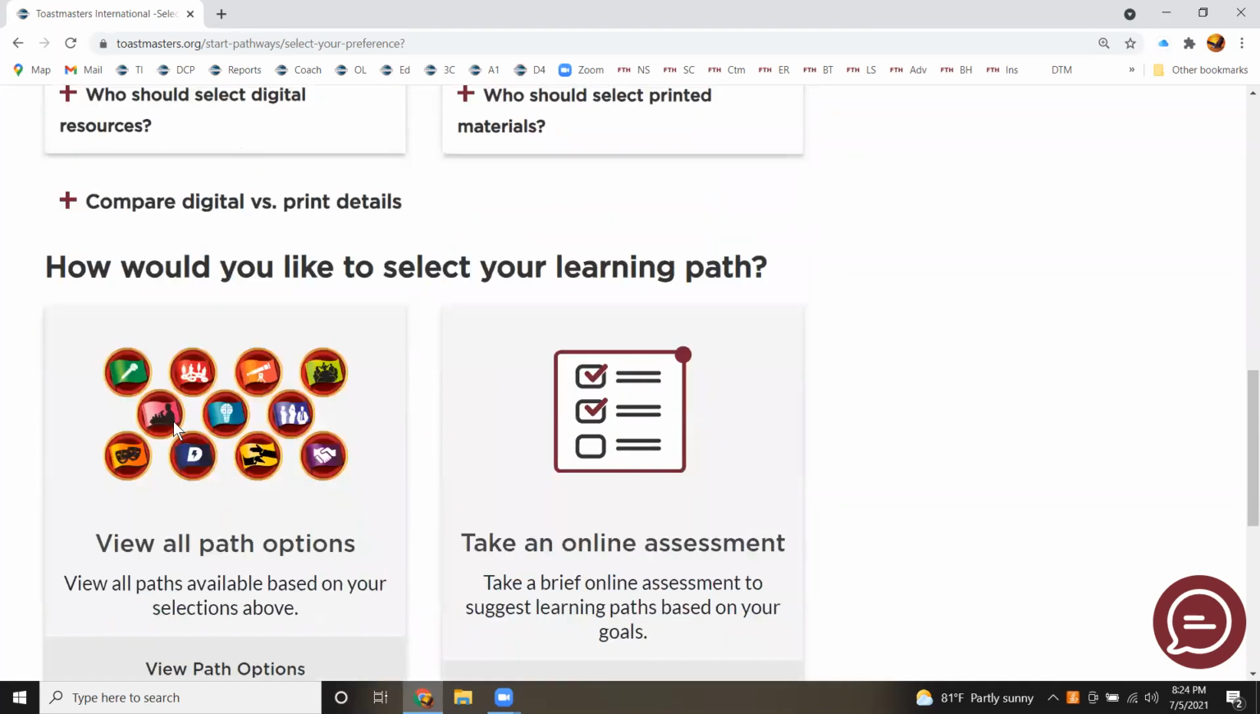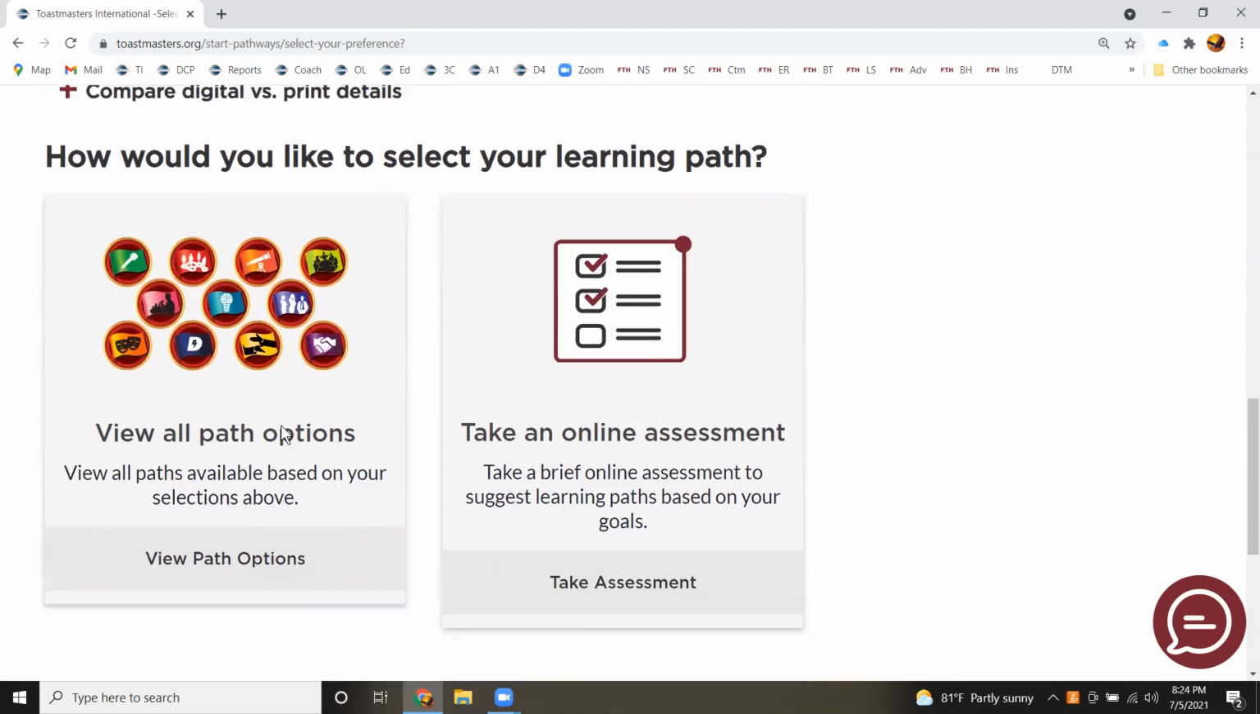And then you scroll down again. You'd like to select your learning path. There's 2 options. You can view the path options. It'll give you a synopsis of each, and you can select one. If you really don't know what you would like and would like to have more information, you can take an